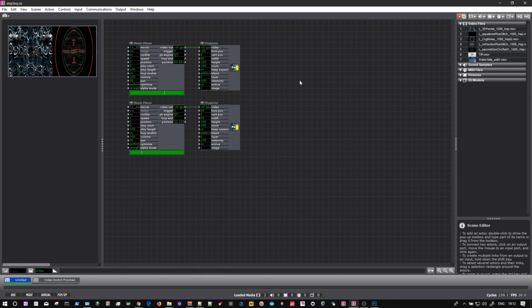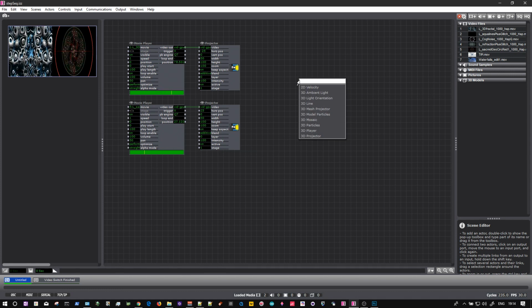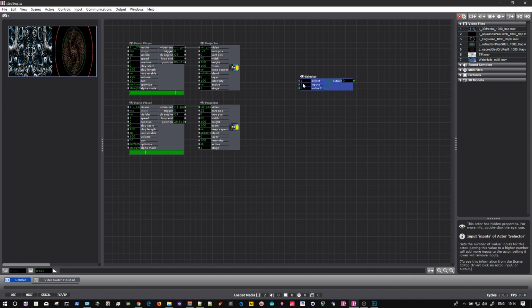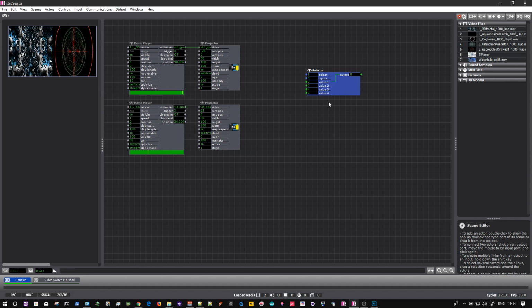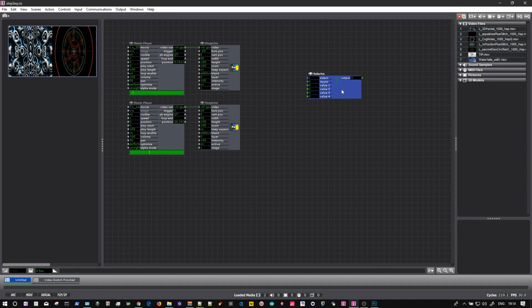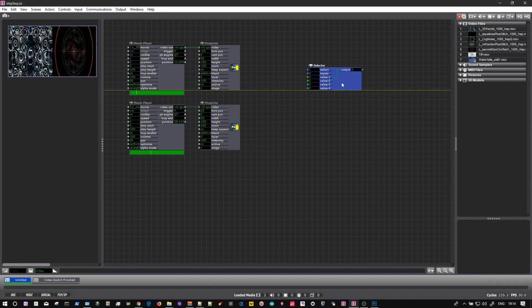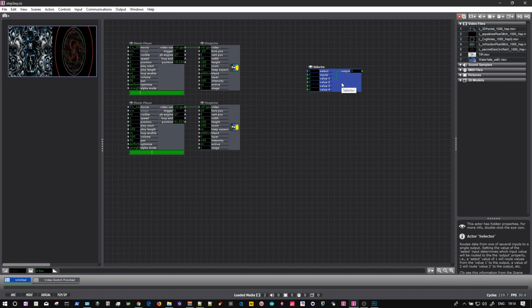So with a 4-channel switcher, what we're going to do is we're going to start by adding a selector. The selector is going to have 4 inputs. And the selector itself is really a switcher. But we're not done with that, because really what we want to do here is have 2 sources being switched simultaneously in sequence, so that with a crossfade added between them, that we get a seamless